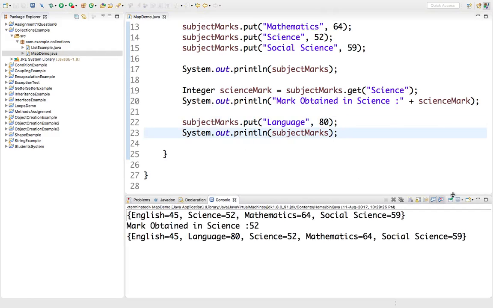See, initially the map was containing 4 pairs: English, science, mathematics and social science. Now it is containing English, language, science, mathematics. So this new entry has come into the picture. So the map is dynamic, it can be added to, it can be updated, it can also help you delete